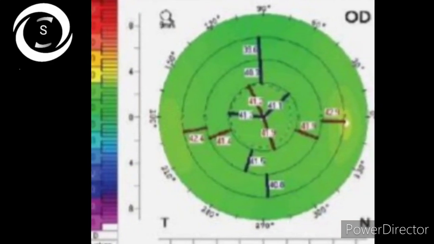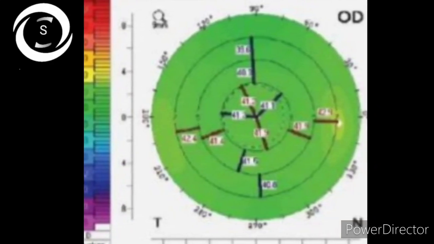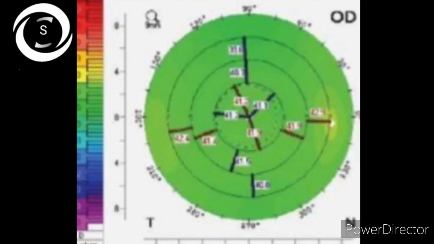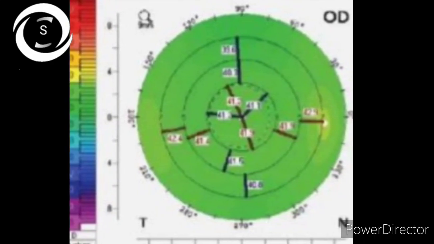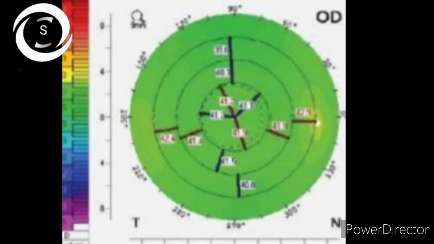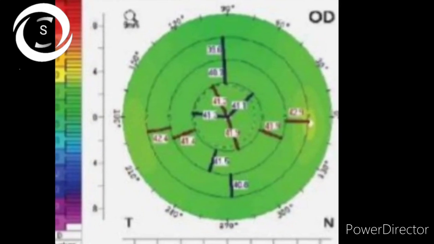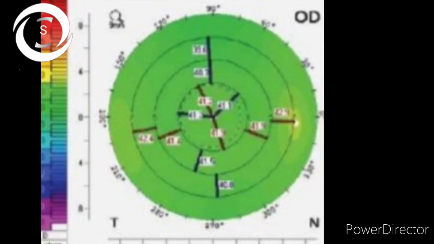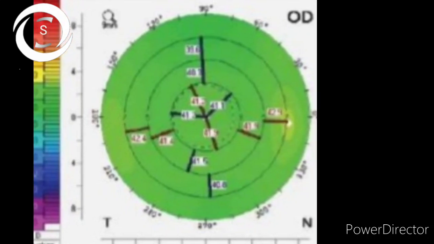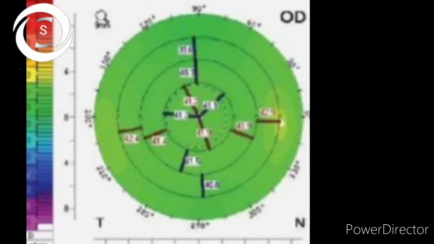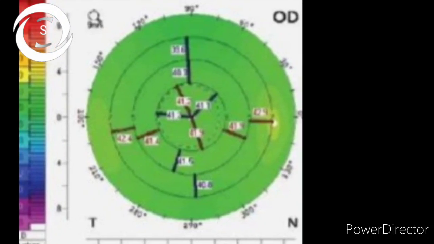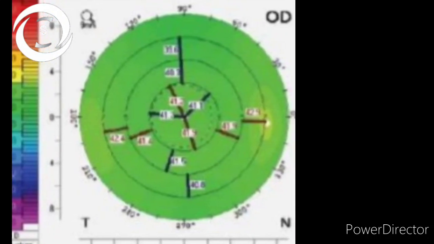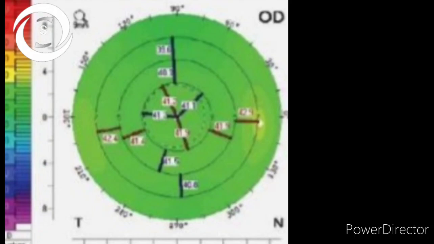So I hope after watching the full topography series you will now have some idea of what corneal topography is and how to identify the specific diseases on the axial map as well as pachymetry maps and anterior and posterior floats, and it will help you in the exams as well as in your clinical practice.